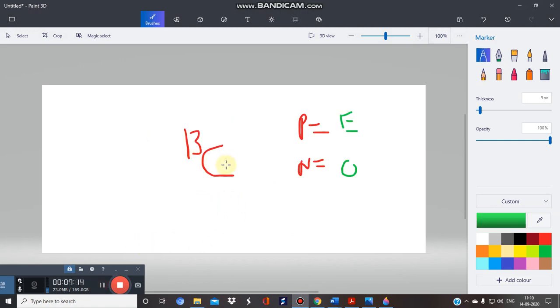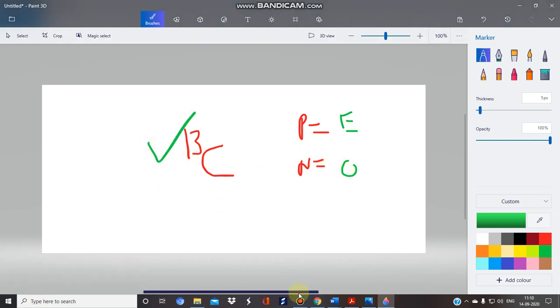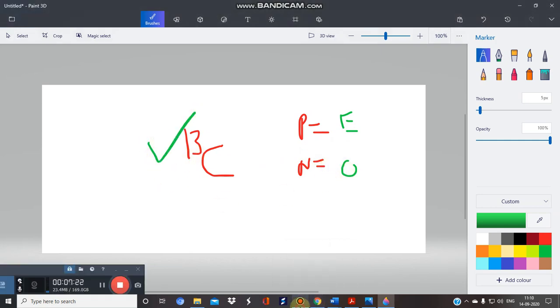Take another example, 13C. In this, the number of protons is even and the number of neutrons is odd. So again, yes, we can use this for NMR purposes, and we can say that the nucleus of 13C shows spin. Due to this spinning, we can easily use these types of atoms in NMR, or these are NMR active atoms, because they show spin. Why do they show spin? Due to the presence of an extra neutron or proton.